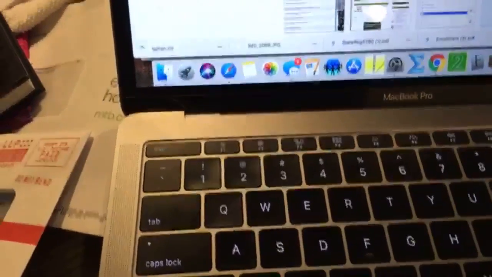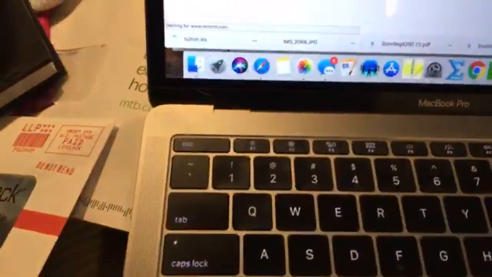Let me go to remind on my computer so that everybody can see that problem, since I don't know where it came from other than